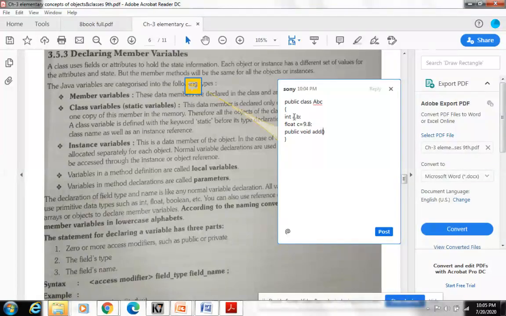This is a method. Inside the method's round brackets, I am writing int a, int b. These are known as formal parameters. I told you that practically also.